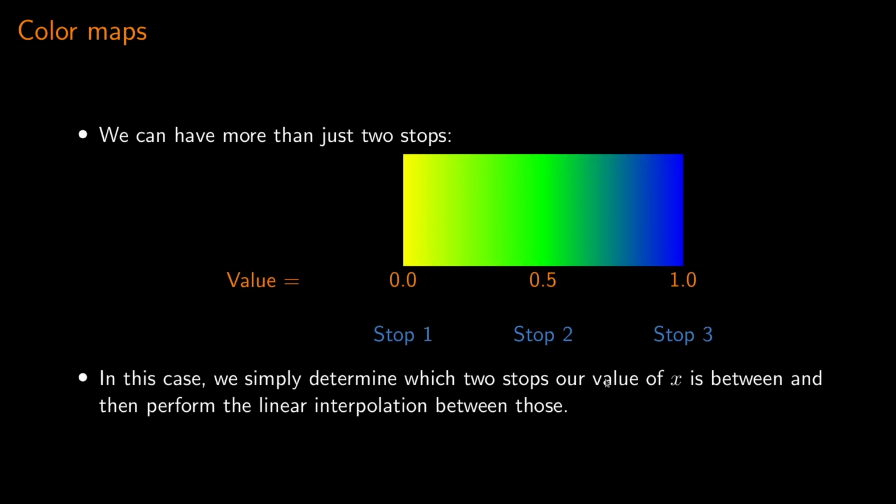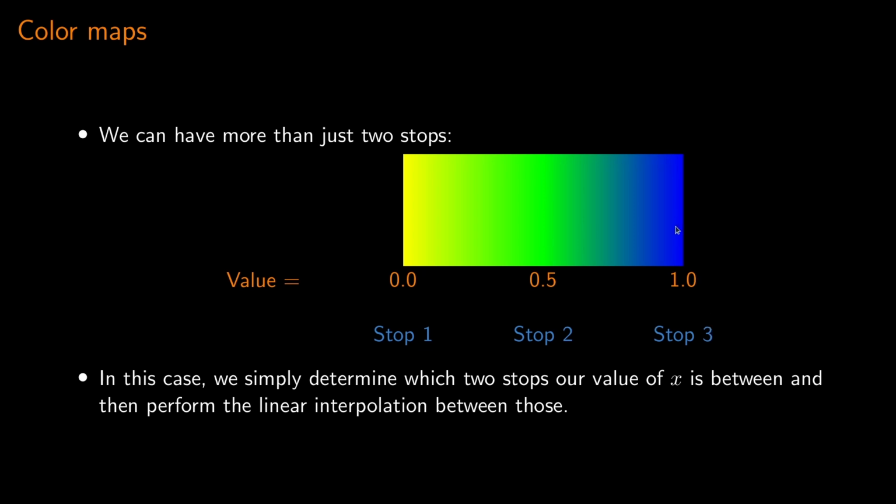But we can have more than just two stops. I mean, if we limited ourselves to just two stops, that could get pretty boring. So in this example, we go from yellow to green and then from green to blue. So we have three stops. Stop 1 at value 0 is yellow, stop 2 at value 1/2 is green, and stop 3 at value 1